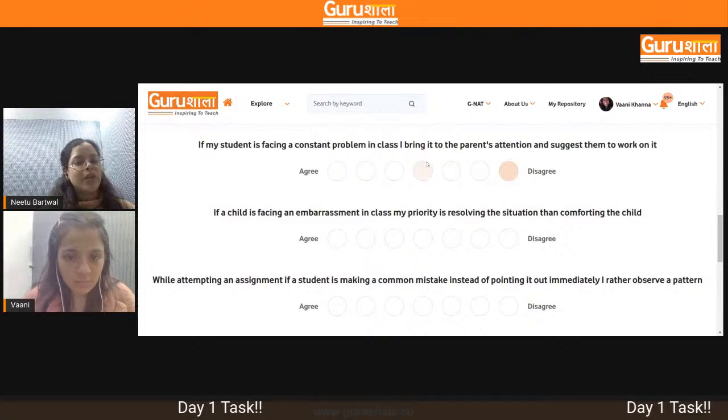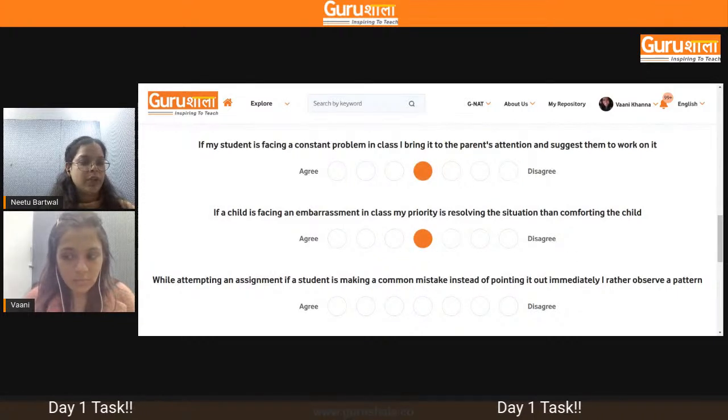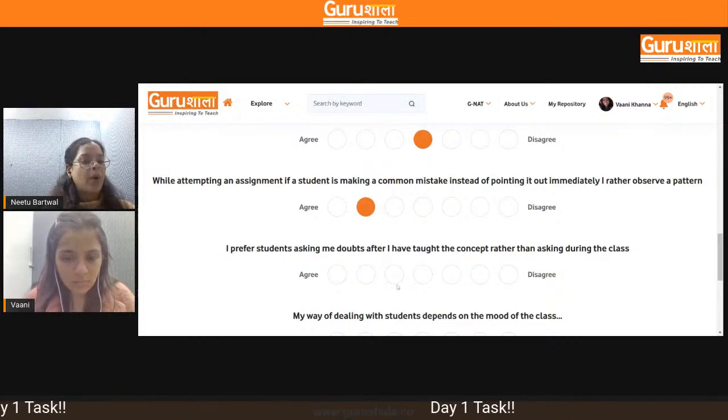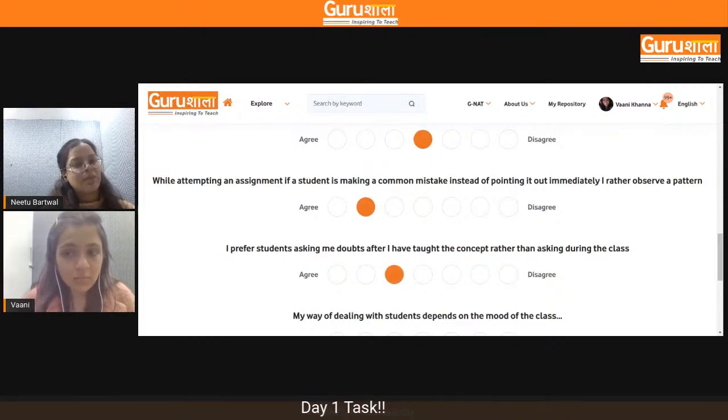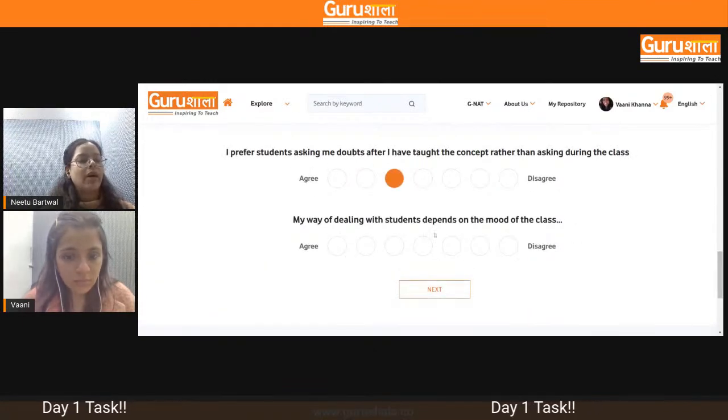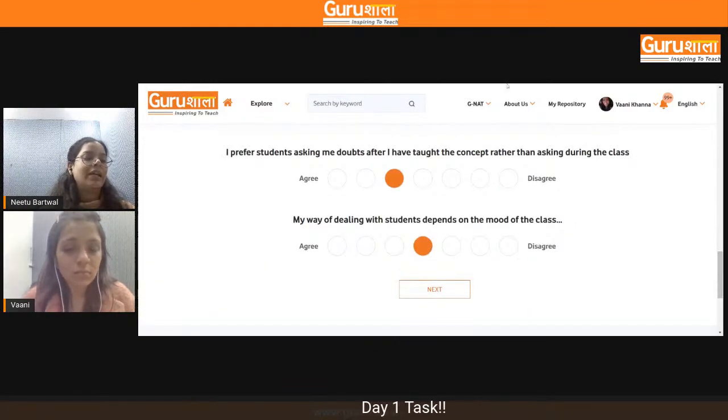Like we had seen on the first page, it talks about parental behavior, creative behavior, subject matter expert, how innovative you are. So there are different aspects which are required in a teacher when we are teaching in our classroom and when we are dealing with our students.